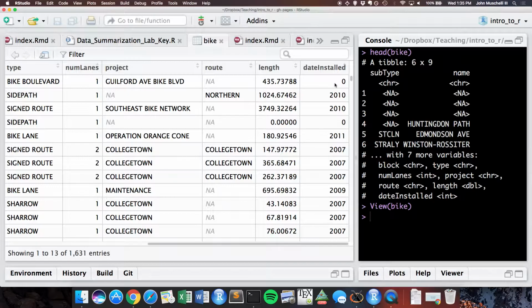So we can recode that. Second thing is, what's a weird thing we see about length? You got a 0. It's not a very good bike lane if there's no length to it, right? You just start and stop, bike lane over. So these are some things we're going to talk about today, how to identify these, how to clean some of these things. And in the key,